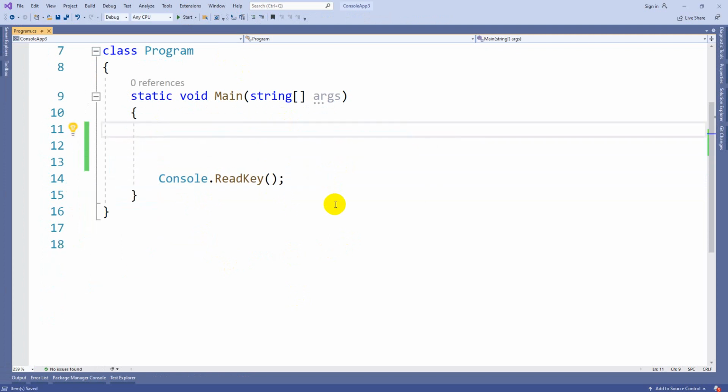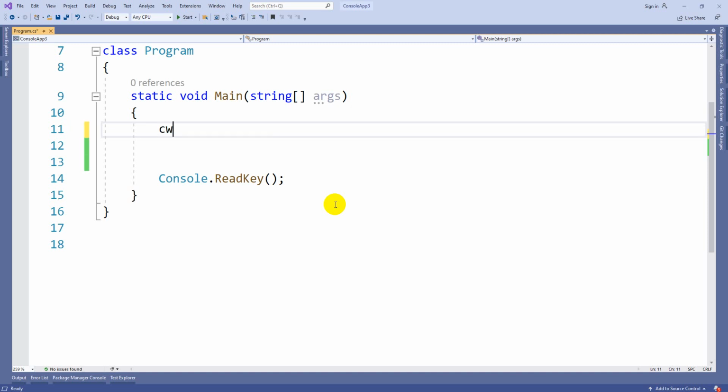Next one. Along with the Parse method, in every class, in the sense even int, long, short, double, float or anything, we have one more method called TryParse. TryParse is going to be helpful in checking whether the conversion is successful or a failure.